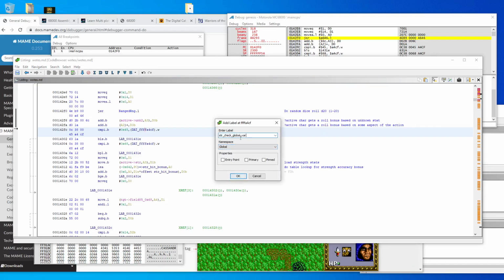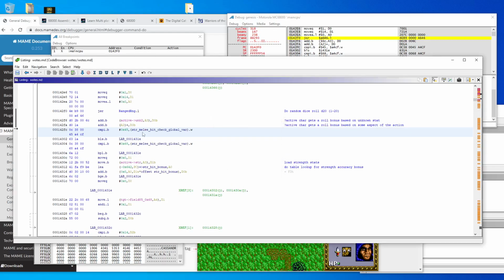So we're just going to call this strength melee hit check global var, because this one controls whether or not you do this code here, whether you skip it. So we're adding the bonus to our roll. Now we branch if greater than or equal. So I don't know what the condition of this BGE is, what flags it's controlled by, and under what situation this addition would cause you to skip this